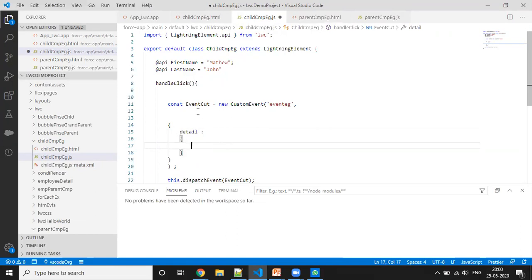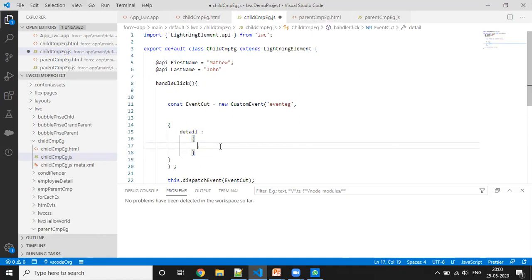Here, if you want to access any data, we always need to serialize that, because this communicates through JSON only. Even if you are using any account or contact records, we will talk about that when we discuss LDS, Lightning Data Services, and how data is coming and going. We will see all the details there. But right now, let's understand for understanding purposes. If you are going to pass any value, we are going to pass it this way.